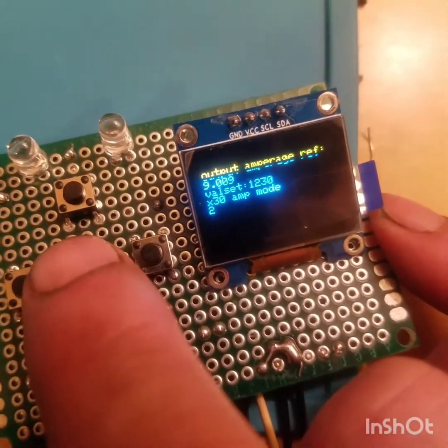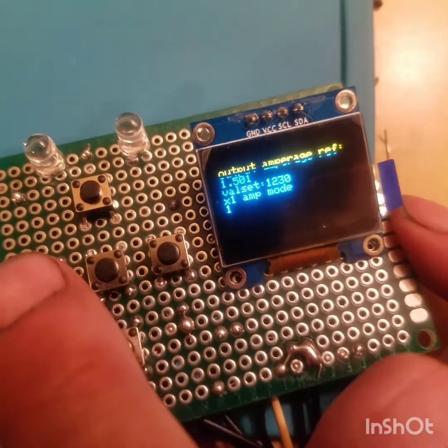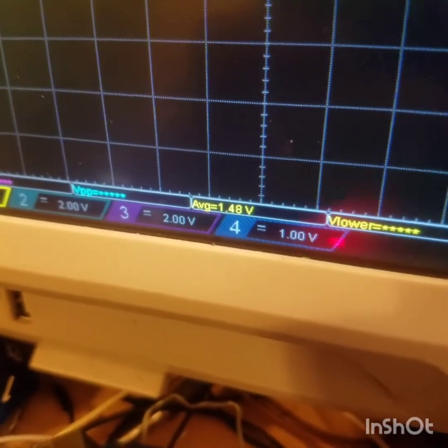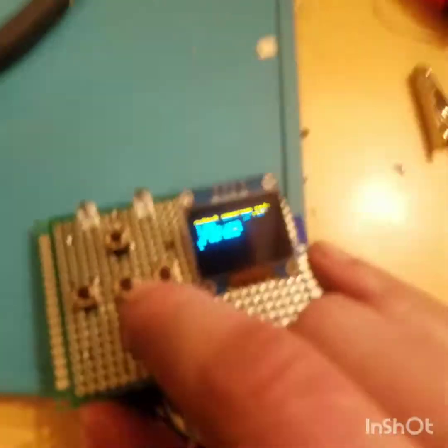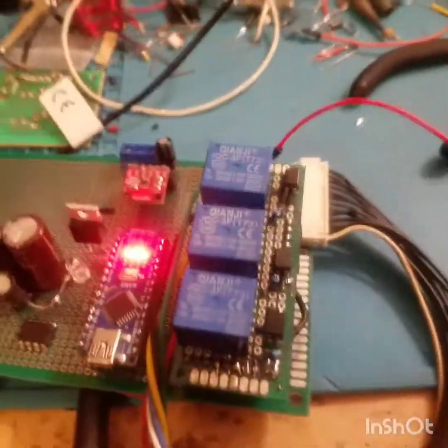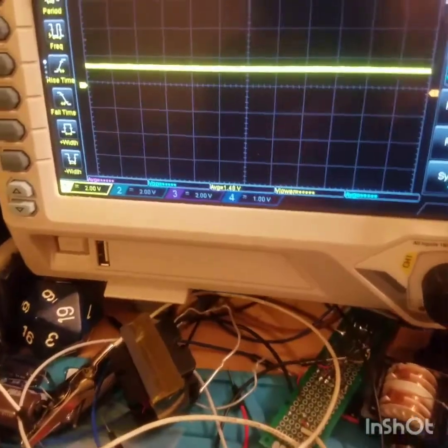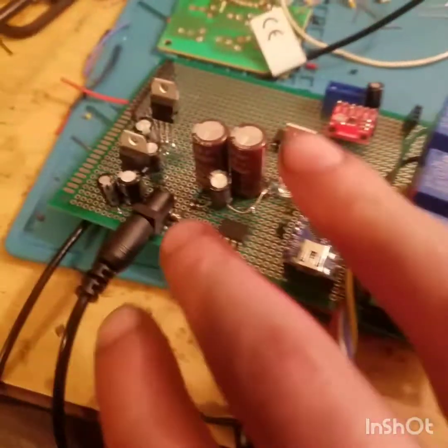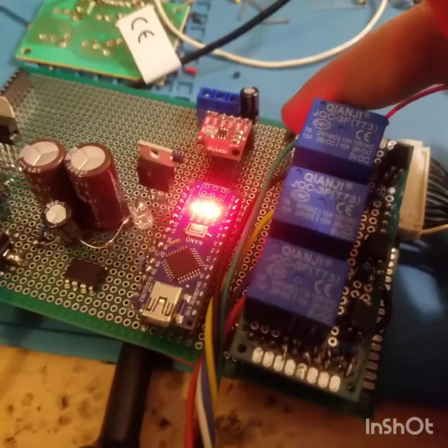And times 30, times 1, and up around here we're only off by about 20-30 millivolts, and that can be corrected because it's pretty constant. And I'm really only going for, say, 0.1 amps. What this is adjusting is the reference voltage from the DAC that is going to be compared to the Hall effect sensor's